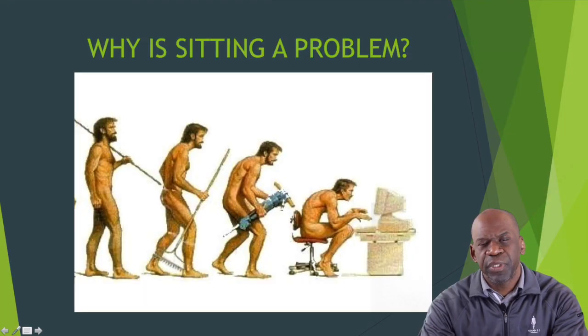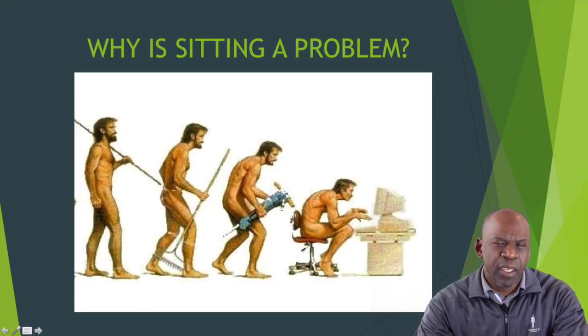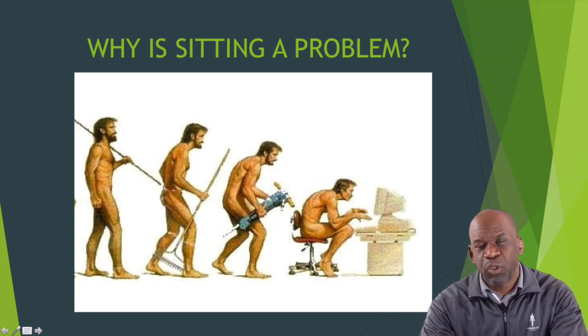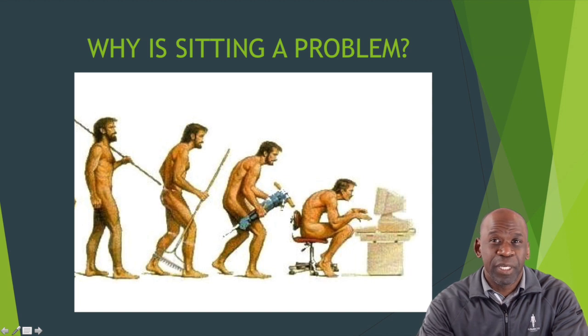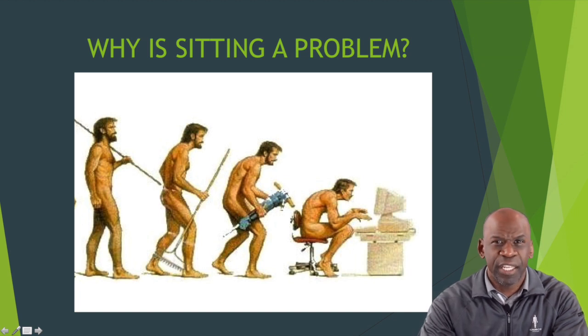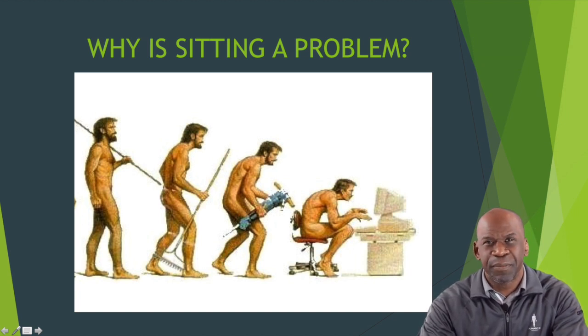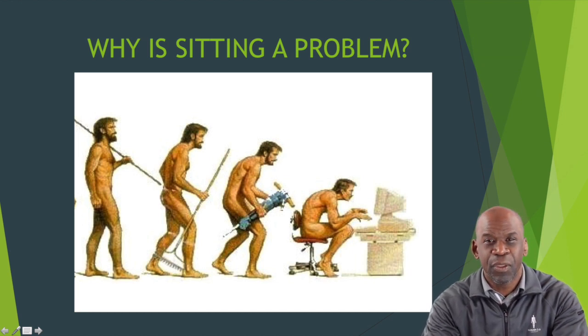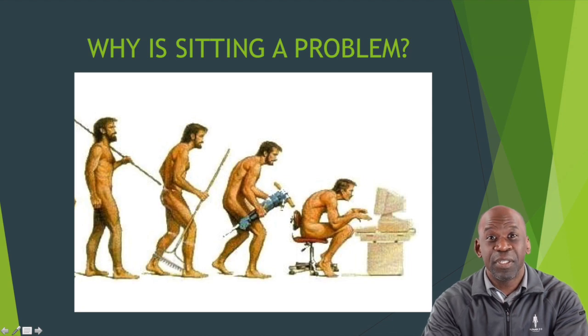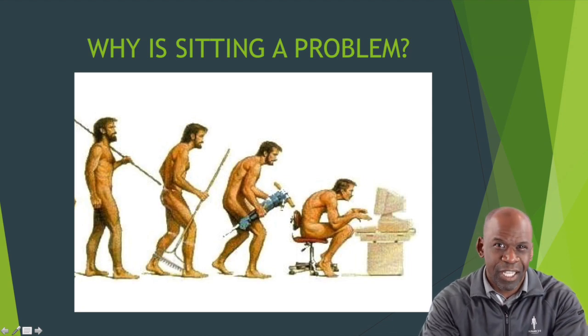I always like to put this slide at the beginning of the presentation because it shows that although man has evolved from the initial hunter-gatherer all the way through multiple stages to the modern man, over that time frame, we have become more and more sedentary as we have more and more machines and computers and devices that will do the work for us. So although we have evolved from an intellectual point of view, over the many years, it seems that we have devolved from a musculoskeletal point of view.